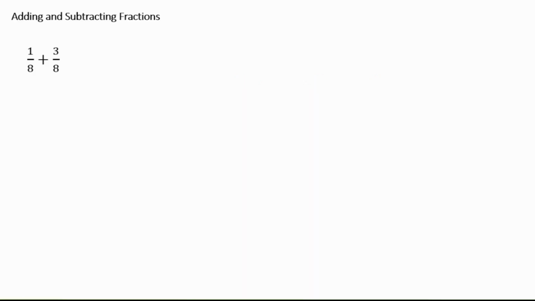Whenever we are adding or subtracting fractions, we want to make sure that the denominator, which is the number at the bottom, is the same for both fractions. So in this question, we have 1 over 8, or 1/8, plus 3 over 8, or 3/8, which means that